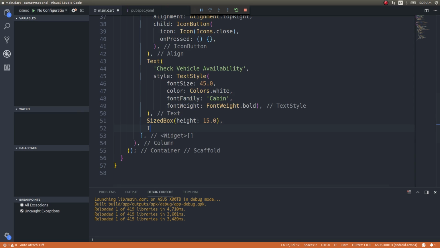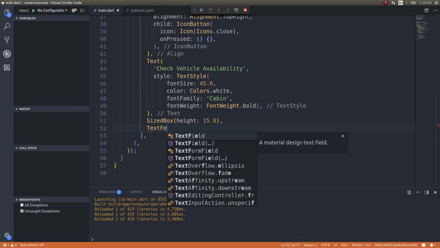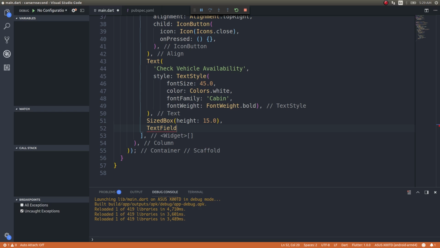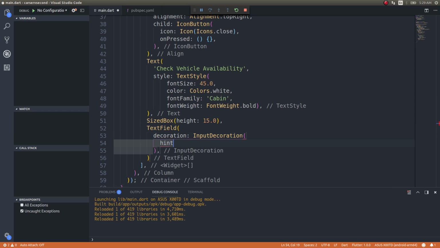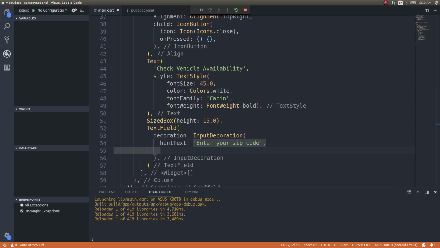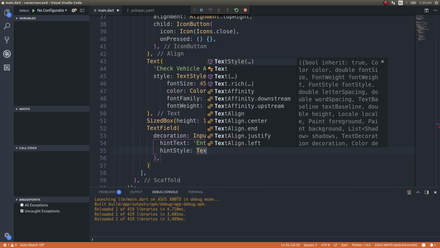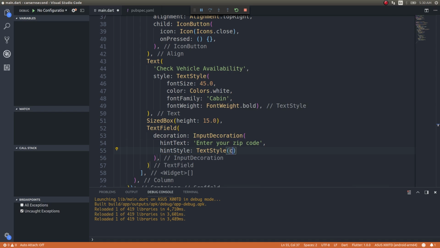After this, I'll add a text field, and we'll give it a decoration, input decoration, hint text, enter your zip code, and after this, hint style, text style, Colors.white,